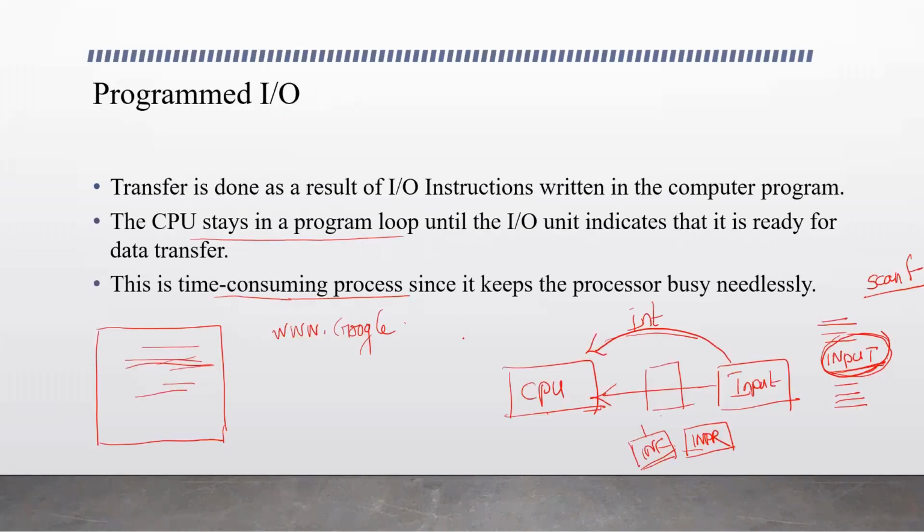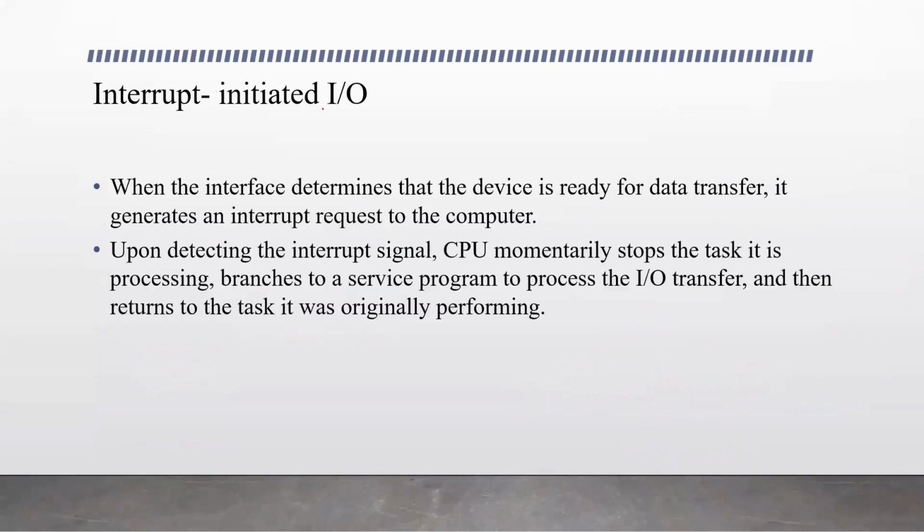In the earlier one we learned programmed IO. It is initiated by the program, by an instruction written in the program, like input, which leads the CPU to read data from the input device. So the CPU starts reading, and instead of the CPU waiting, checking the flag and wasting time, it can be allowed to complete its process. When the input is ready, the device will inform or send a signal to the CPU. So that is interrupt initiated IO.